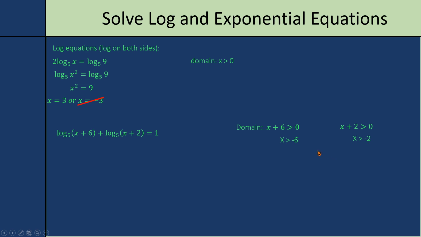That means that negative 6 becomes invalid, right? Because it needs to be greater than negative 6 and greater than negative 2. So anything that's greater than negative 2 will work, but anything less than negative 2 won't work, even if it's greater than negative 6. It's kind of like saying,